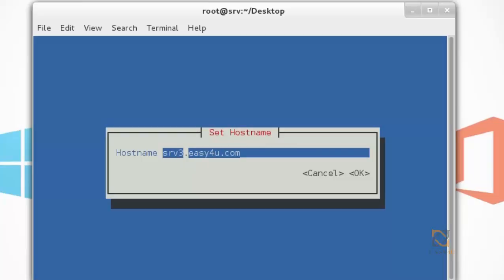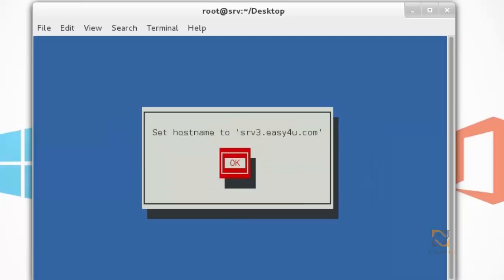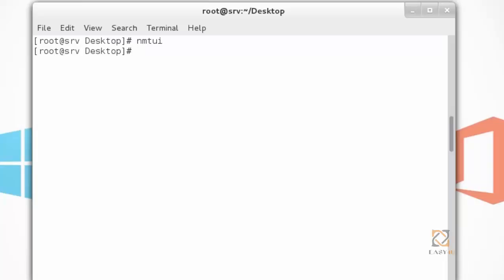I'm going to set srv3.eg4u.com, then select the OK button, then press enter key, then click on OK. Then you need to restart the hostname service.